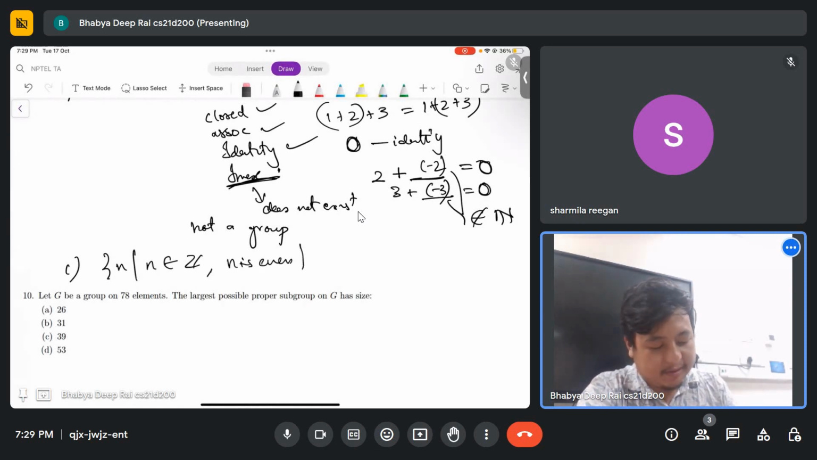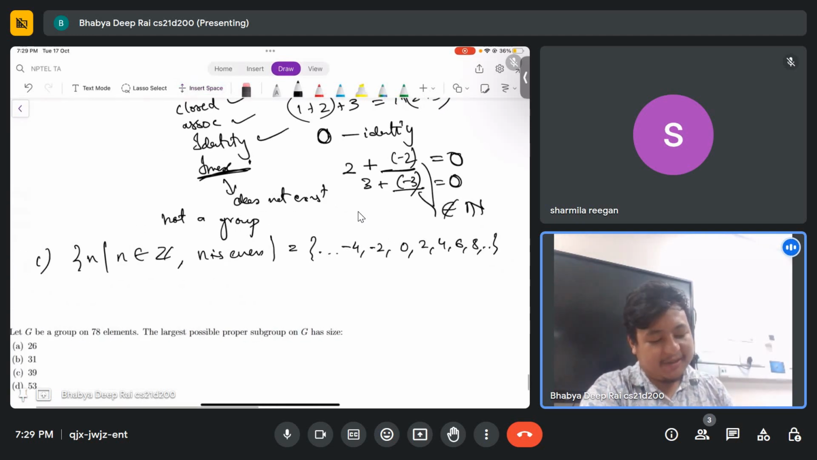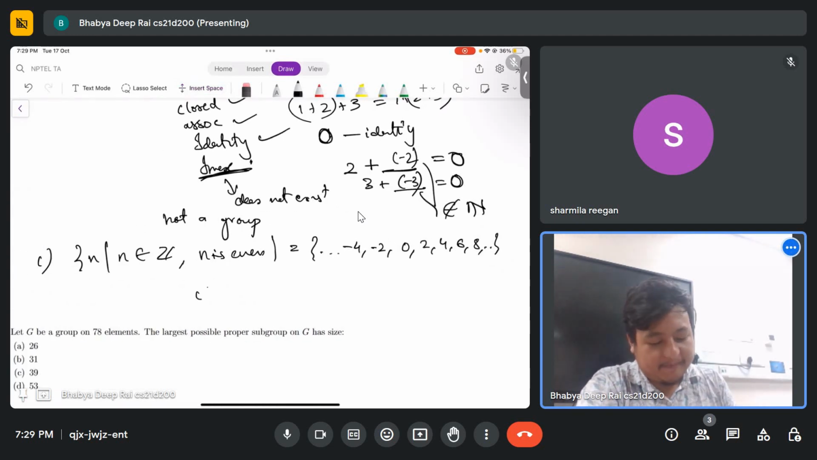It looks something like minus infinity, minus 2, minus 1, 0. Oh, sorry, there's no minus 1. Minus 4, minus 2, 0, 2, 4, 6, 8, and so on till infinity. This is what it looks like. So is it closed? Yes. Why? Because adding